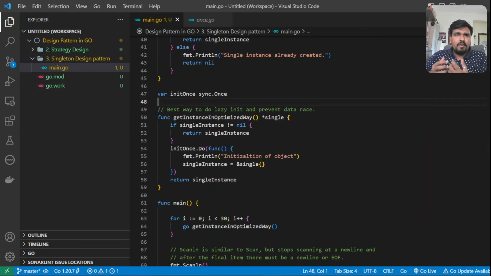So I hope now you have understood why we are using the singleton design pattern and how we can efficiently do it